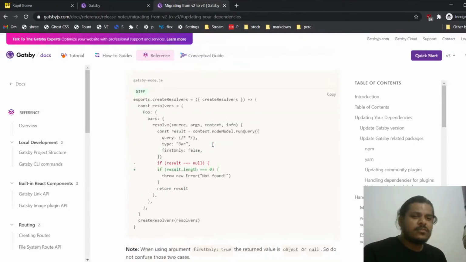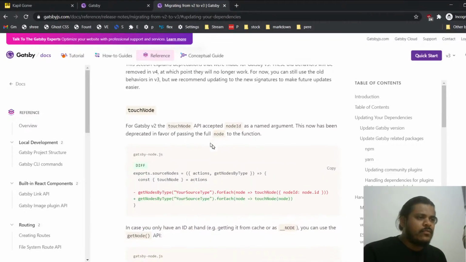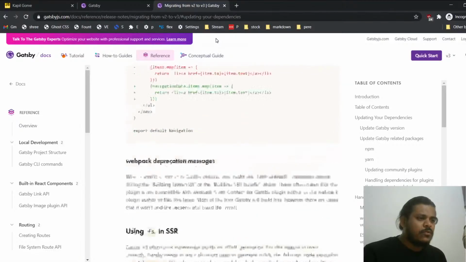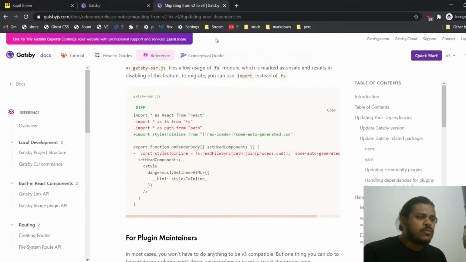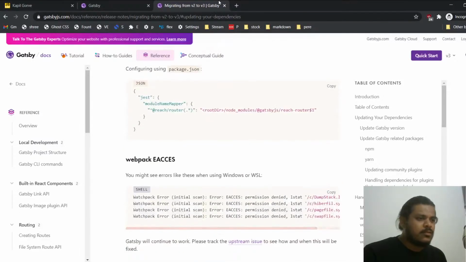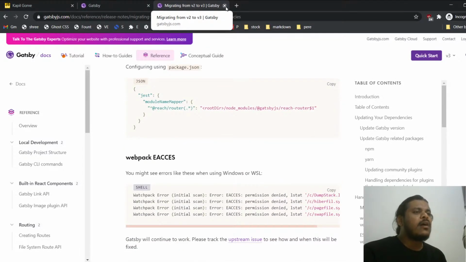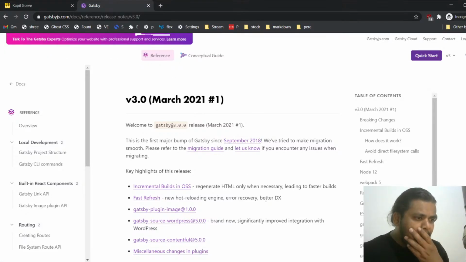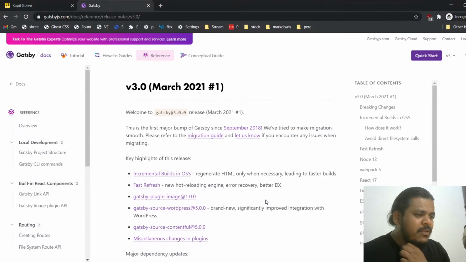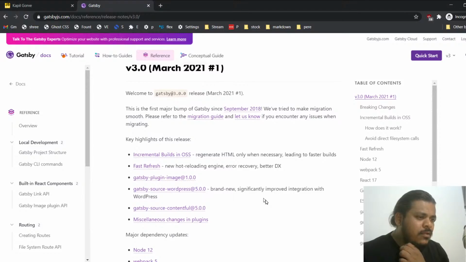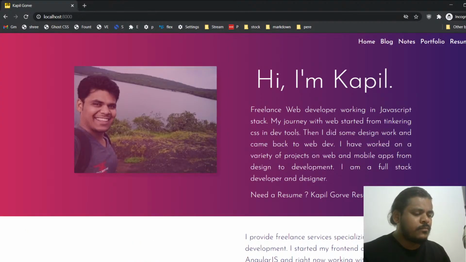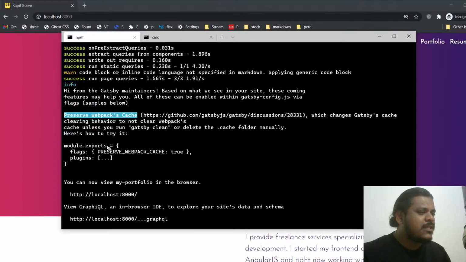Maybe let's look at future breaking changes. Maybe notes, webpack, using plugin maintenance. I don't think I need that. You know what? Let's try this fast refresh, Gatsby plugin image, and hey, let's try this